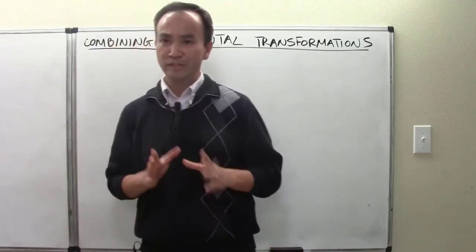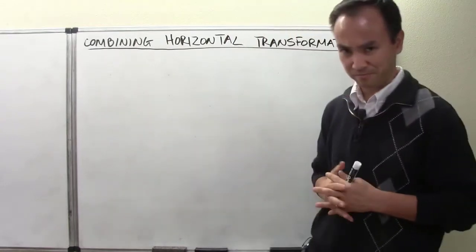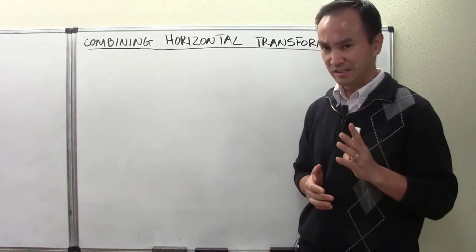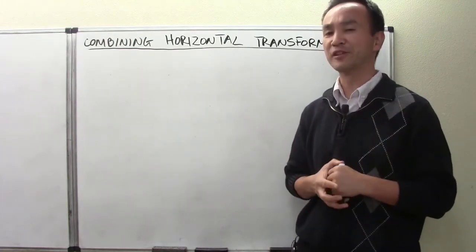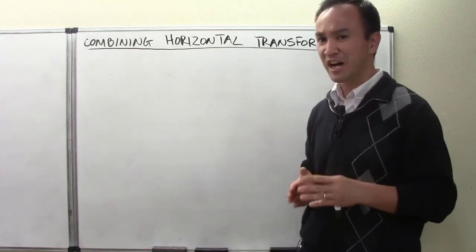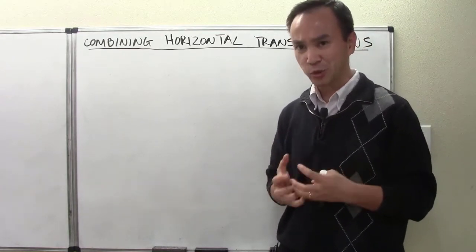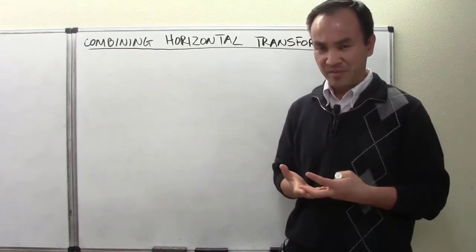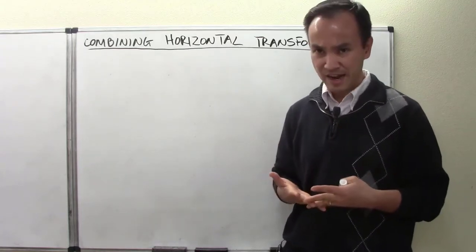All right, so now when it comes to combining horizontal transformations, things become a little tricky, okay? As a matter of fact, quite trickier than how it was when we were combining vertical transformations. So let me now move in as small steps as possible to ensure everybody following this video lesson can have a full understanding. And of course, there are some details explaining why it happened that way that must be left